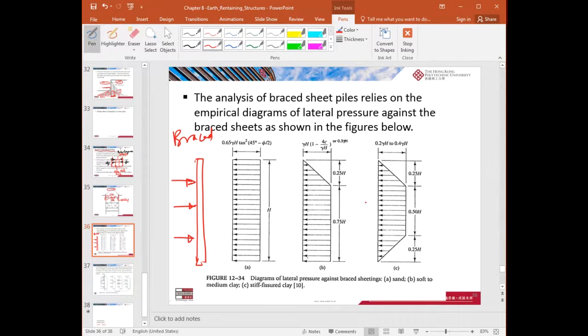Case A is for sand. So, a very uniform soil pressure acting behind the wall is given by this equation. It is equal to 0.65 gamma H,